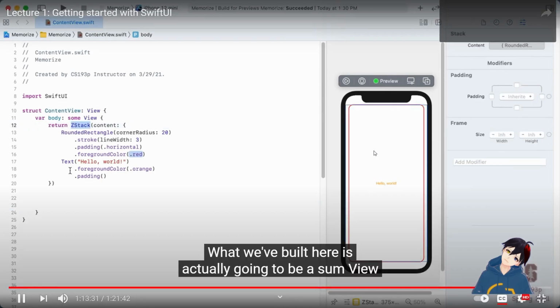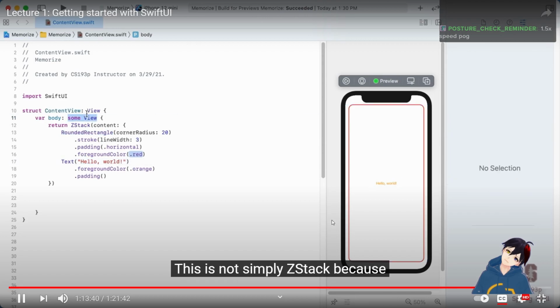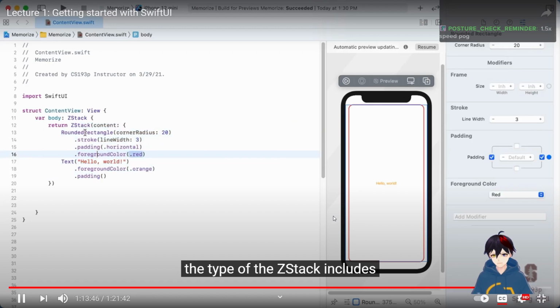So what we've built here is actually going to be a some view, which is a Z stack that contains a rounded rectangle and a text. This is not simply Z stack because the type of this Z stack includes the type